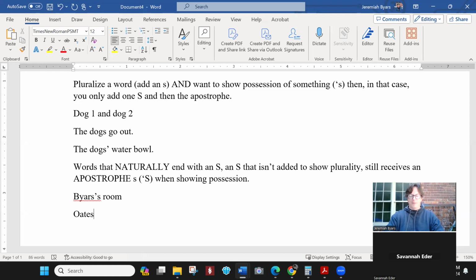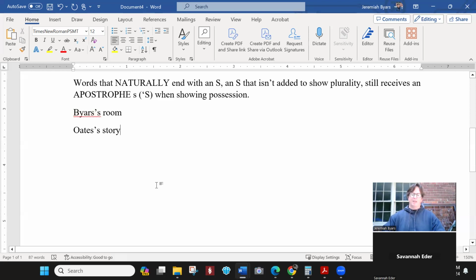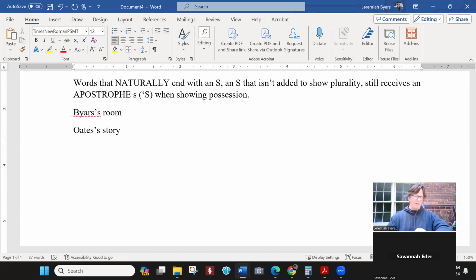Oates. Last name ends with an S naturally. Her short story. Oates's story. If it ends with an S naturally, that's not showing plurality, it just ends with an S, you still add an apostrophe S. The only time you don't, which some of you might have experienced if you read a lot of religious books, for whatever reason, I don't even understand why, is religious names,